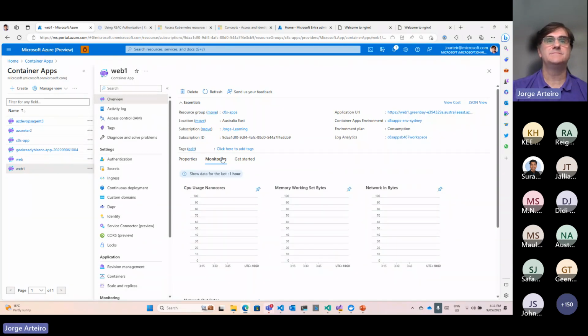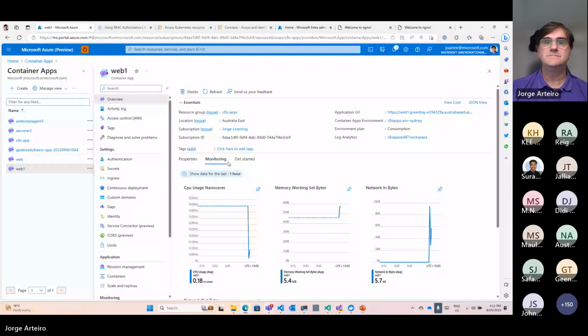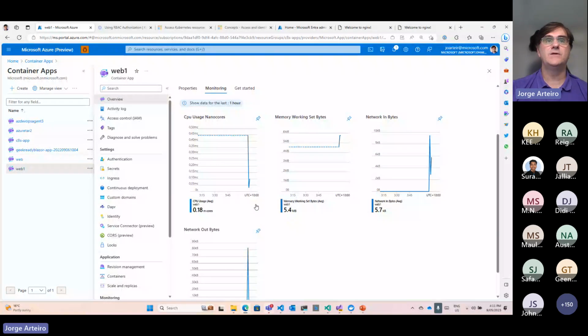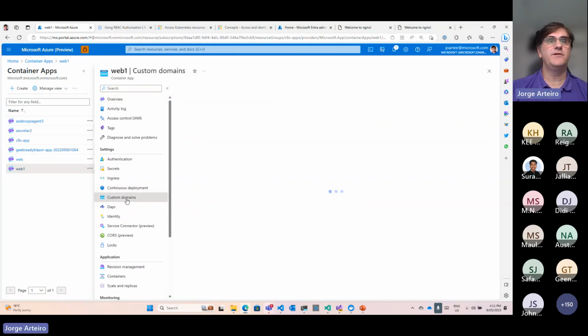monitoring side. There you go. Network outbound. You can see all the metrics of the applications from here. Memory, CPU. You can also set your domain for your application.